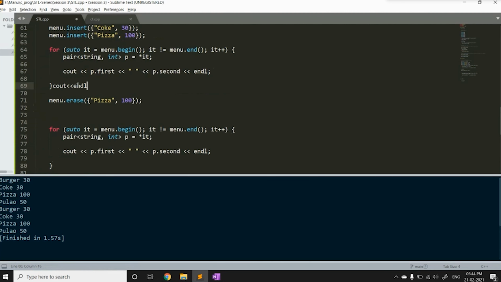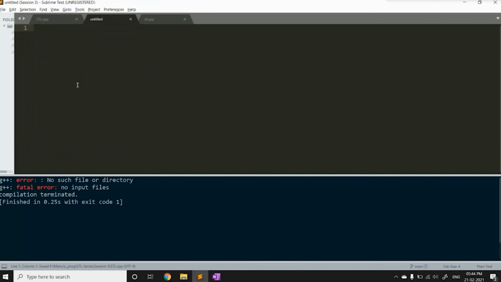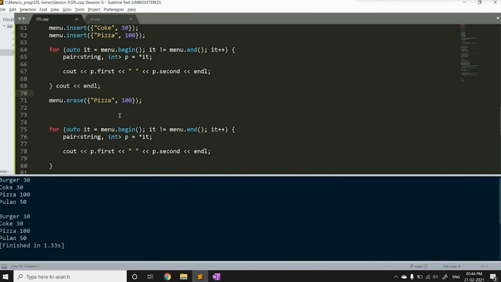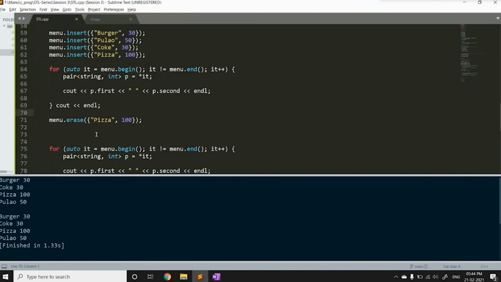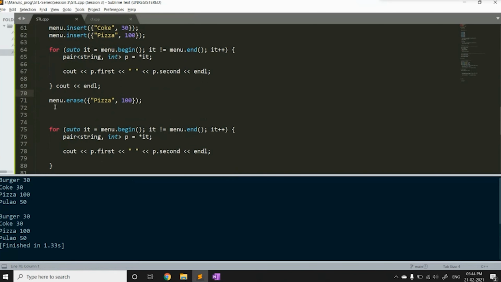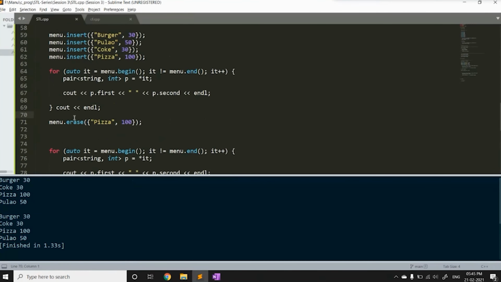Let me add a line for better visibility. So see here. Just a second. Did I make a mistake here?